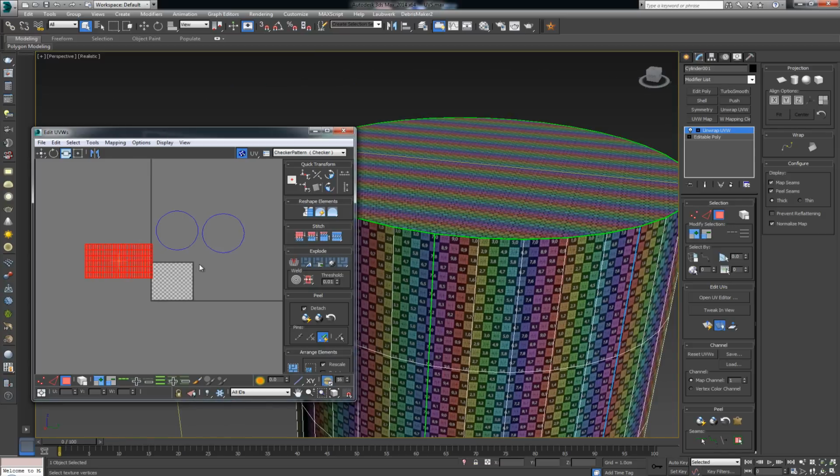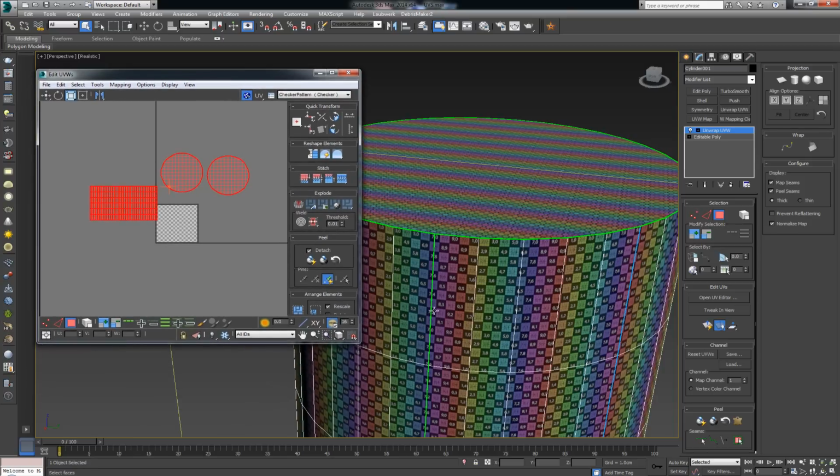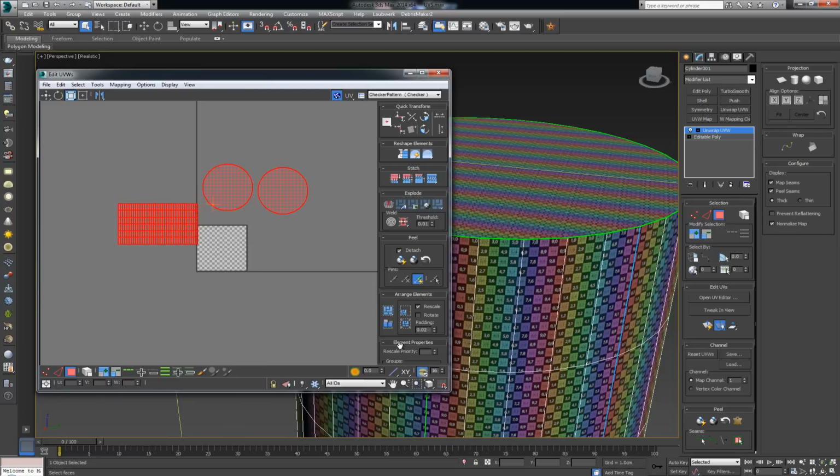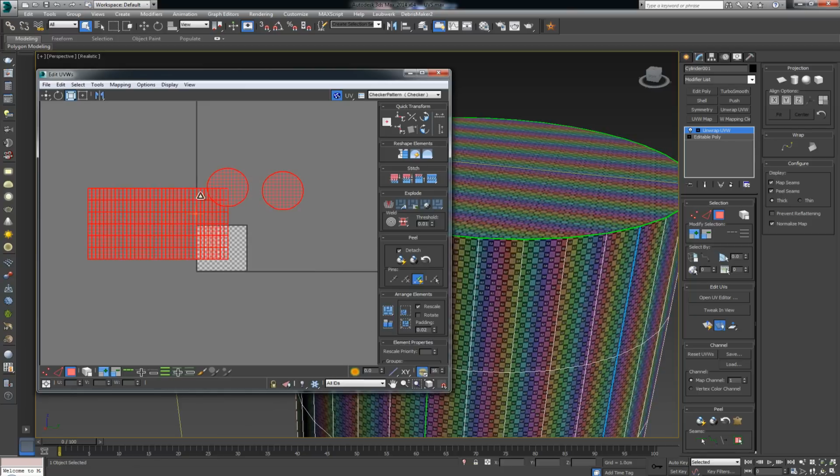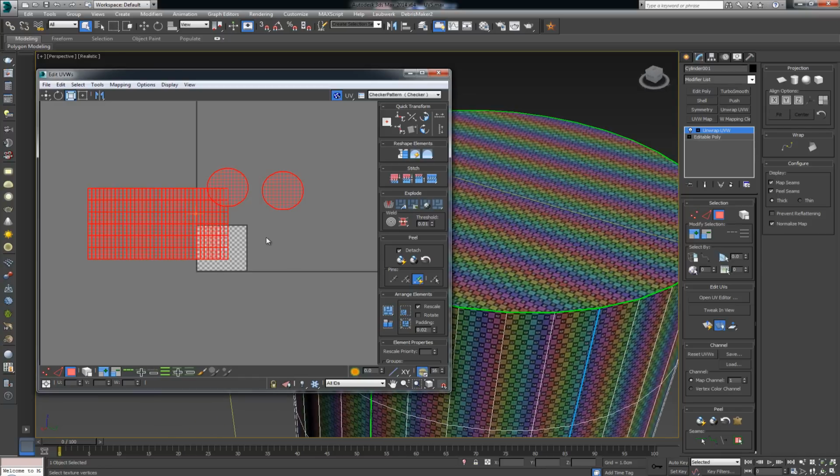Now, this used to be the old way of doing it. If you have a newer version than 2011, you should have this new layout, which is going to give you access to one of the most amazing buttons, and this is this rescale element. Once you click it, all of your UV islands are going to get the same exact UV space size. So all you're going to have to do here is just select,